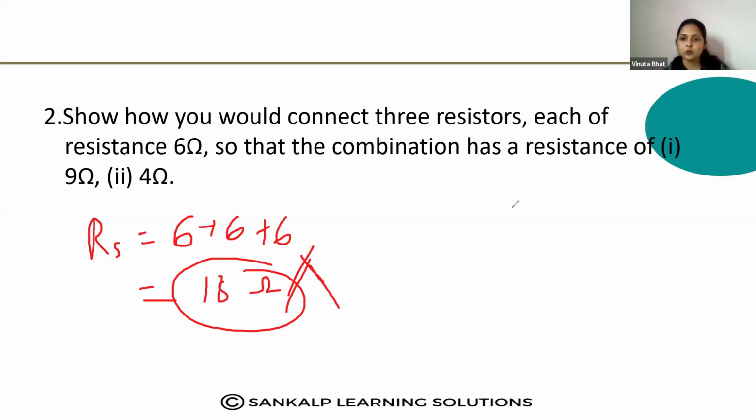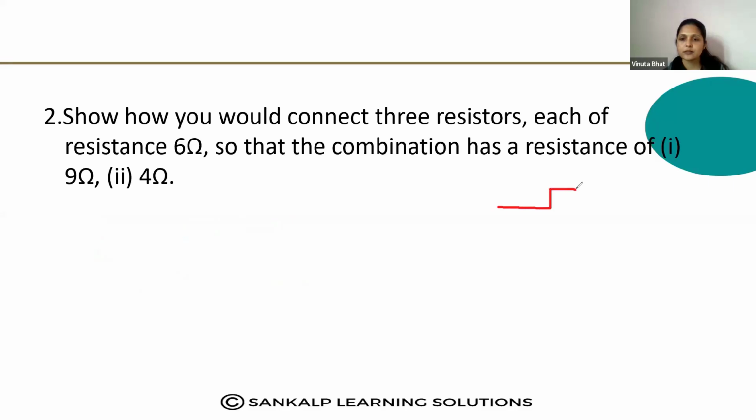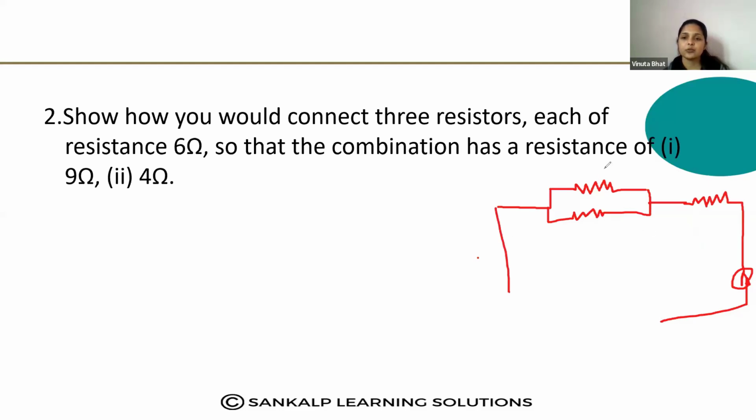Now I will connect two resistors like this in parallel. Two resistors in parallel like this. Then one resistor in series. We'll connect this here. One 6 ohm resistor in series. Okay. So now, just imagine this is an electric circuit where two resistors are connected in parallel and one